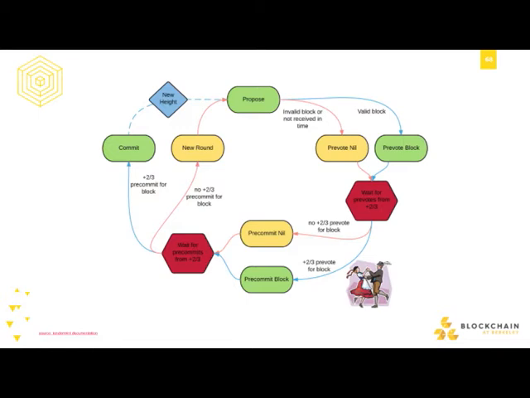I think the main difference between this and Algorand is doing random sampling. So they have a much wider pool of validators, and they randomly pick 1,000 of them to propose and create each block. And there's a part that I sort of left out here, which is the part where it says new round there. The basic idea is that if in any stage of this, either the timeout happens or you don't get a supermajority, everyone goes, okay, we didn't get a supermajority. Whoever's next to propose, they get to propose another block at the same height. And so you just go through that loop if you don't get a supermajority to agree on a block.